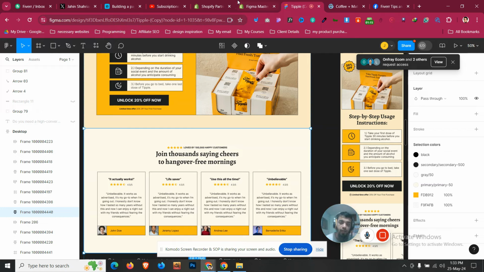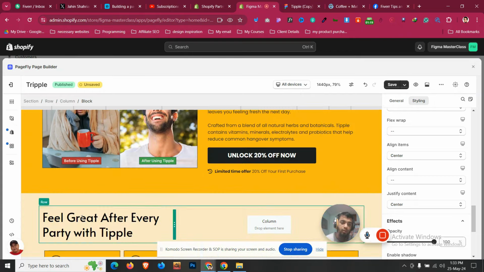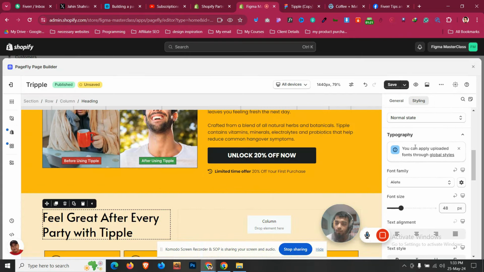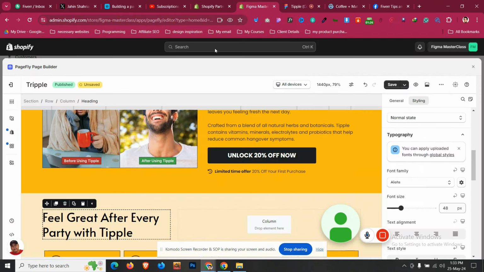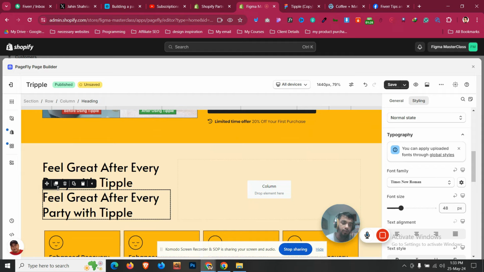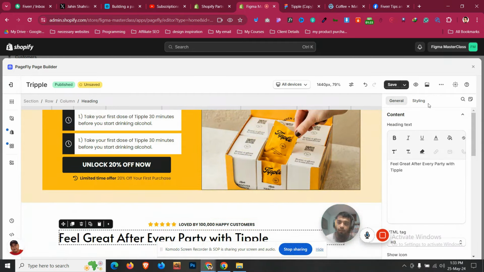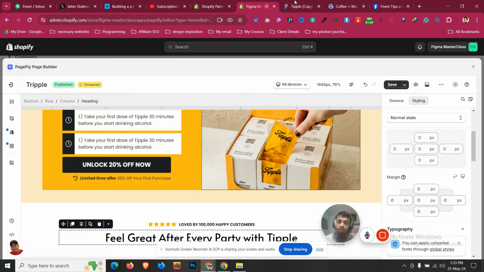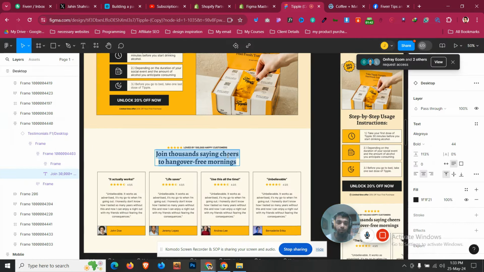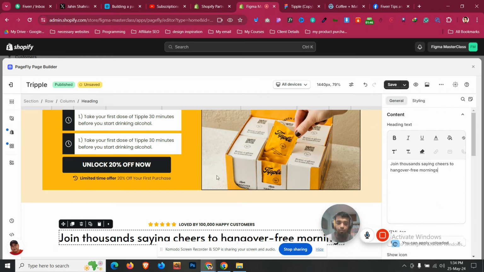After that, we have a heading, and this headline is something very similar that we already used in here, which was 48 pixels. So let's see how many pixel it is. It is 44. So let's duplicate that and drag this under that. Okay, let's click on styling and let's make it center align and just make it 44. And other than that, everything is similar. So now let's copy it just like that. Come here and then Control A, Control V,